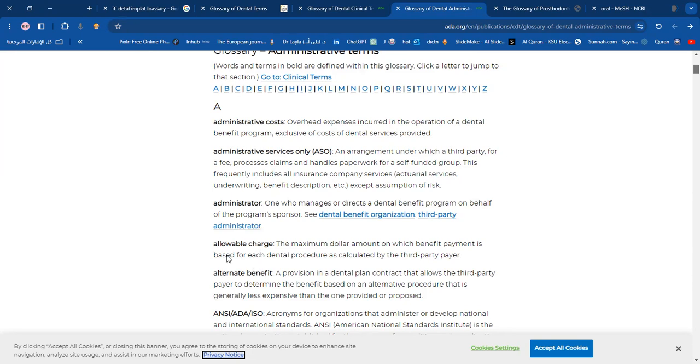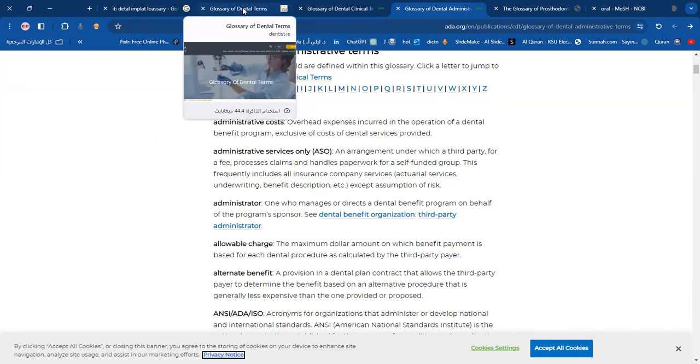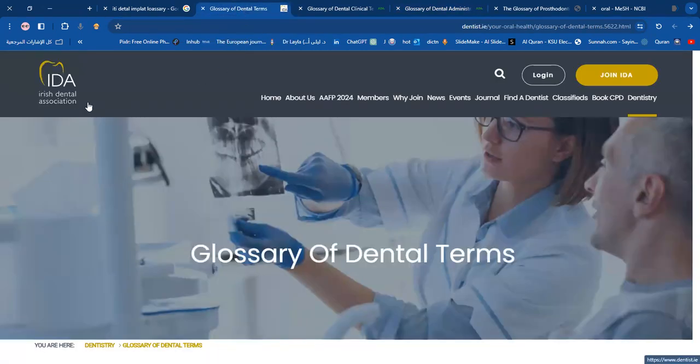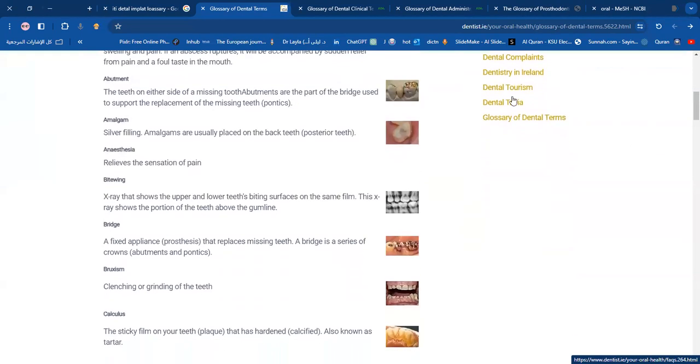So all of these are terms related to the legal issues related to clinics and insurance companies. These are also the terminology used with insurance companies. Other than the American Dental Association, I found this example, a beautiful sample of the Irish Dental glossary. They also have this glossary. But what was interesting here is that if you go through the terminology, you will find that they also have images